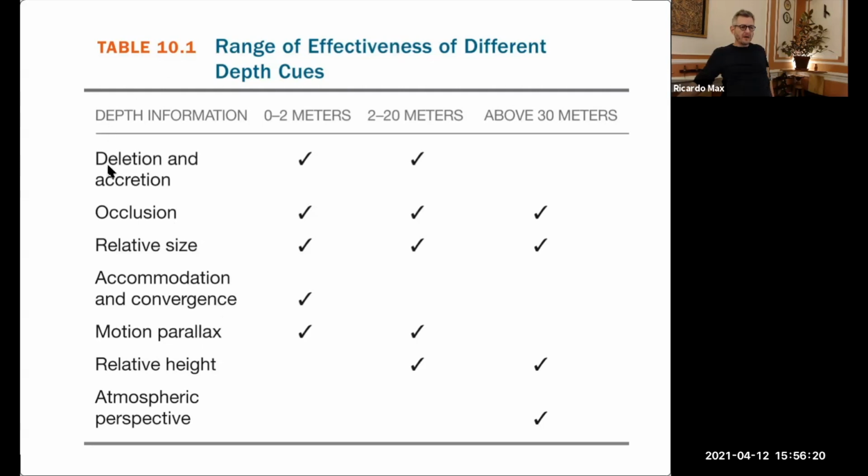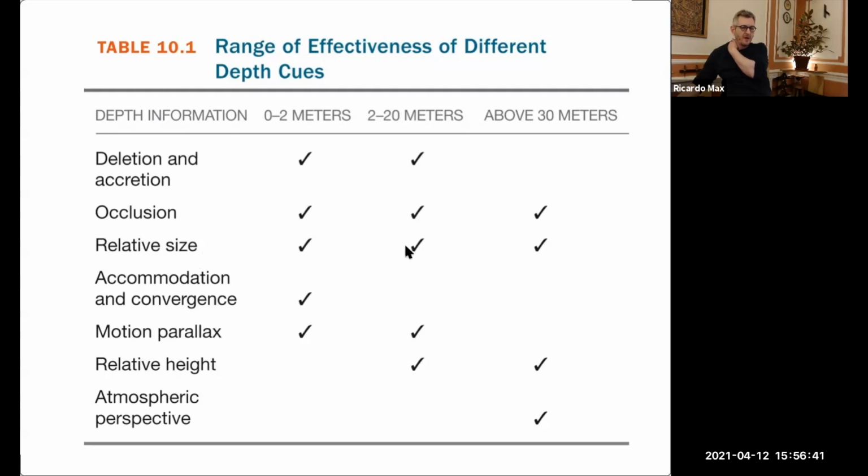Motion parallax, deletion and accretion are useful for us for close by and medium distances. When it's too far away, it's less informative. Occlusion works wherever it is.